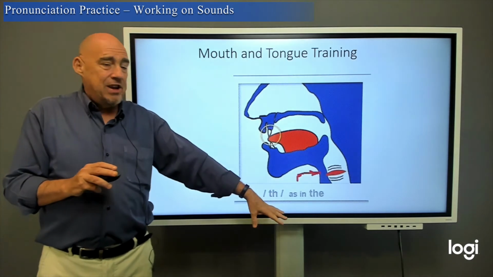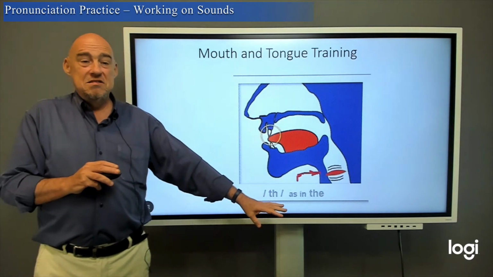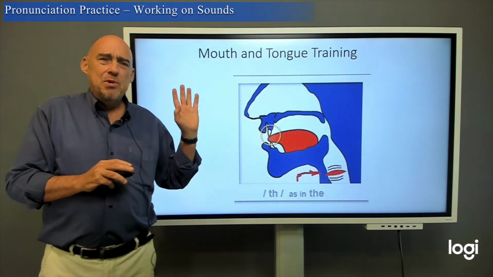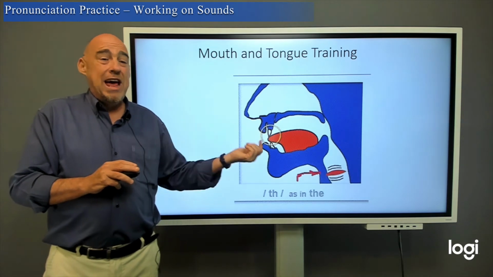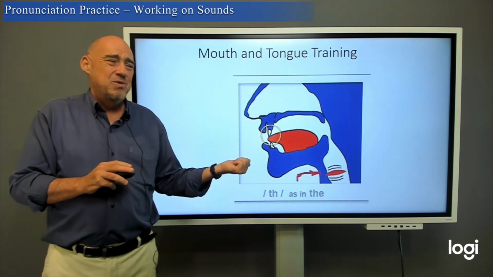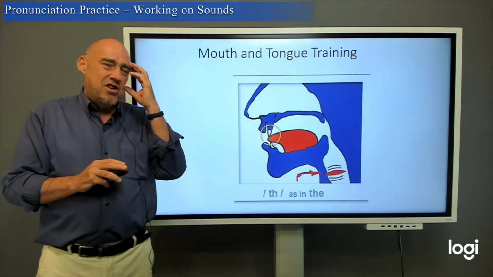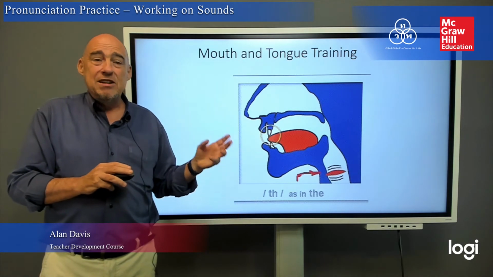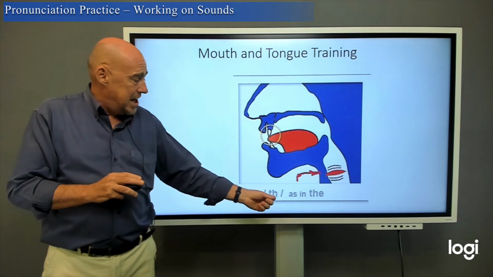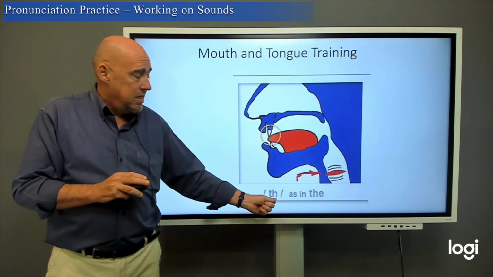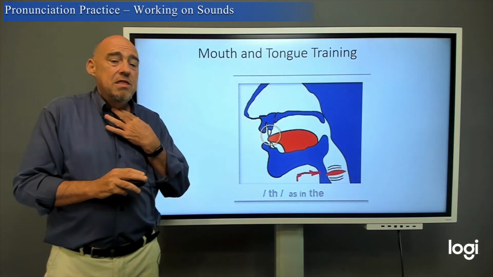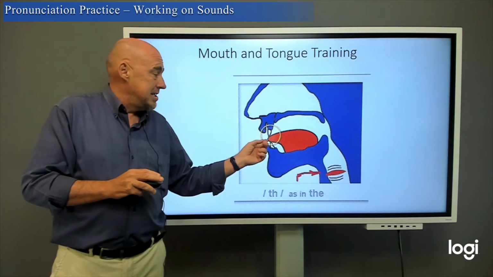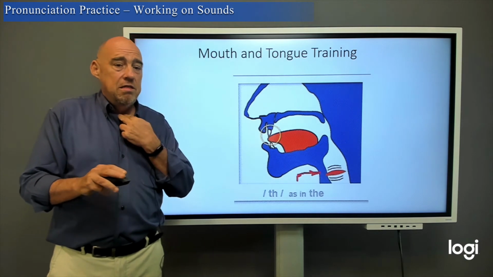Another tool is the graphic depiction of your tongue and mouth. Like I said, some people like certain ways, some people don't. Actually, I don't like teaching this way at all. It makes me a bit crazy when I see this picture, but some people love it. So try it out, see if it works for you or not. You can see here that we're working on the sound. So the sound causes a vibration here. The tongue is here.